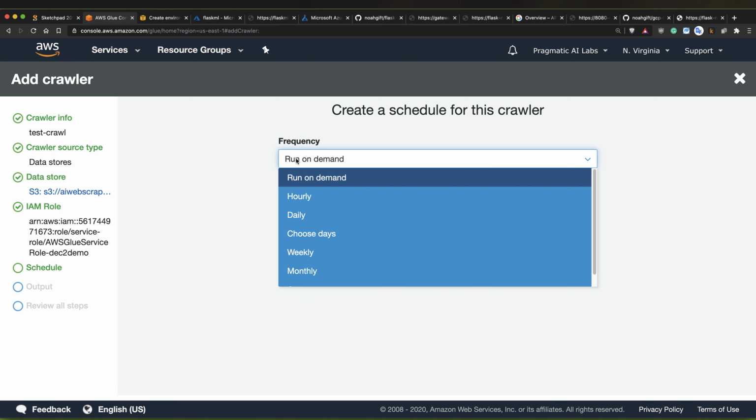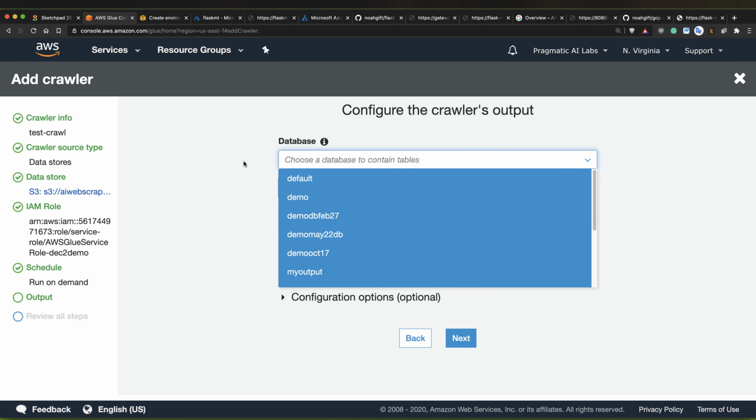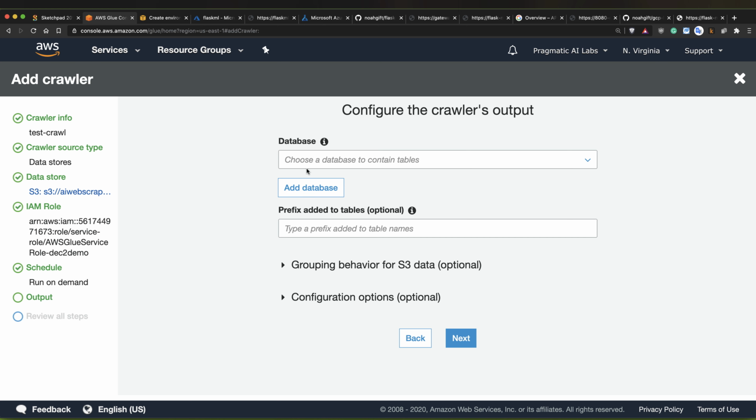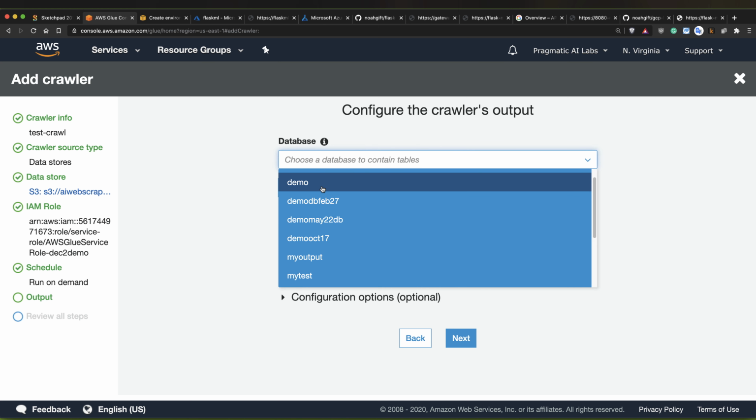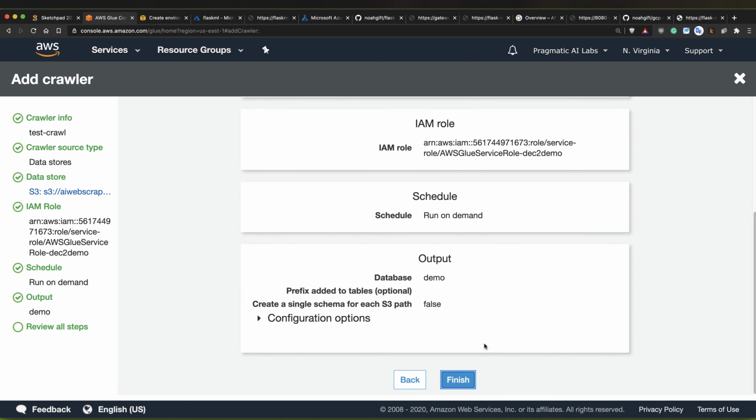And then the frequency. This would be the part where you would do a data pipeline. This would be the process where you would literally create a data pipeline from scratch. Again, in this particular scenario, I'm just going to run on demand, but you could maybe run it every night. Choose a database to contain the tables. I think I can just say one I created earlier. Let's go here and go to next, finish this,